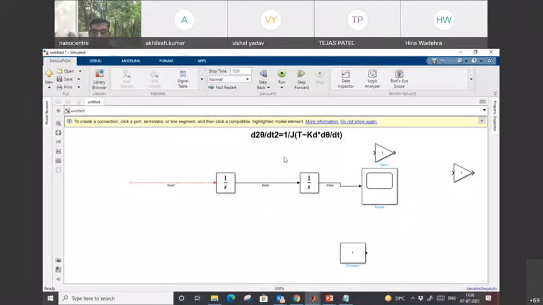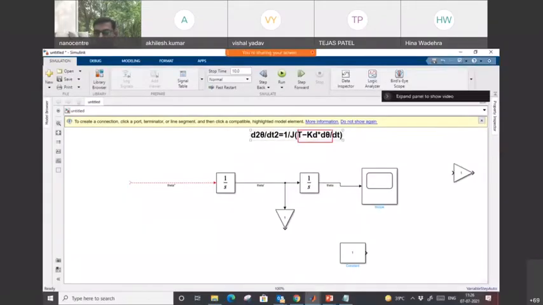We are going to make this equation, and you see that T minus KD d theta by dt is subtracted. So d theta by dt we are getting from here. Let's say that this gain block is KD. I am going to rotate this, and let's say this is KD, and I require one sum block also to add this part. Okay. So I can simply search for the sum block from here. I have this sum block available here, and let me maximize this so it will be visible for you also.